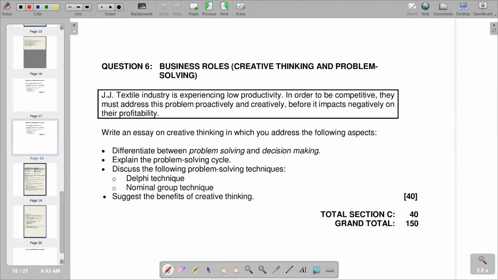Now we are looking at discussing the following problem solving techniques. We've got the Delphi technique and then the nominal group technique. These are problem solving techniques. We are going to start with the Delphi technique, which is